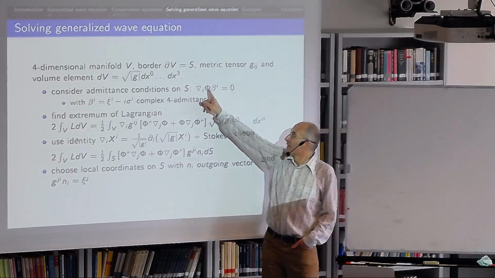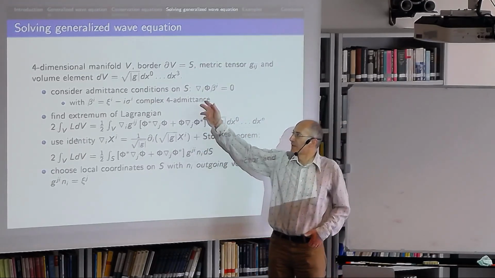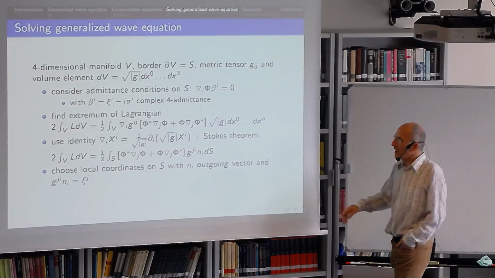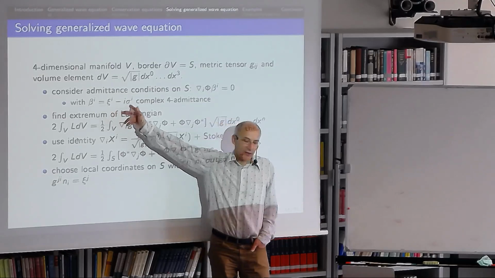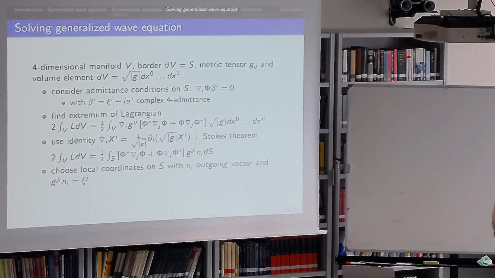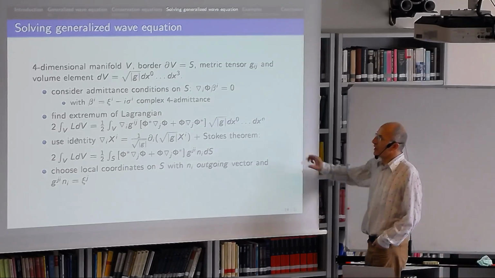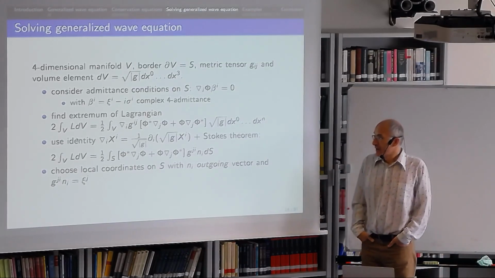So what are the elements beta I? We will develop them later on, but they are complex. I call them complex for admittance, and they are, as traditionally, built with a real part and an imaginary part. The notation I use here is the one from Morse and Ingard, so I kept their notation. So in order to find the